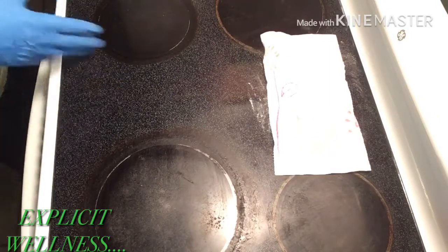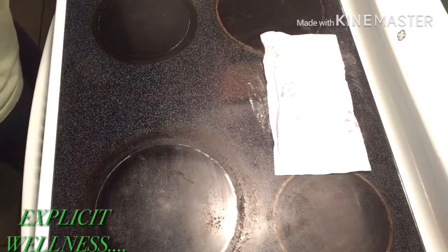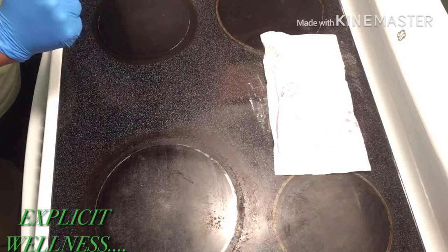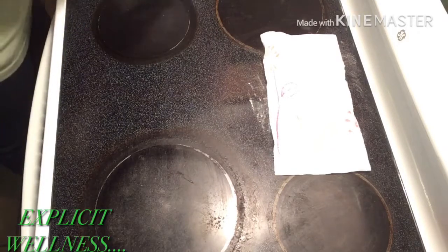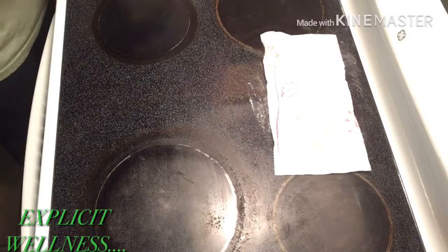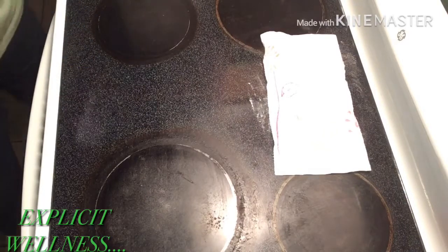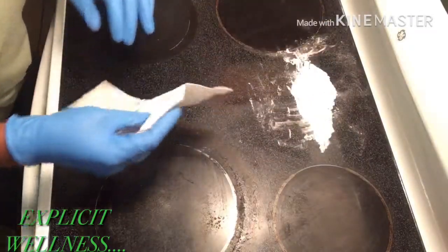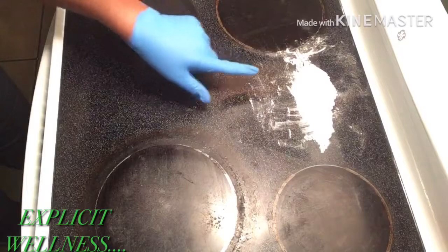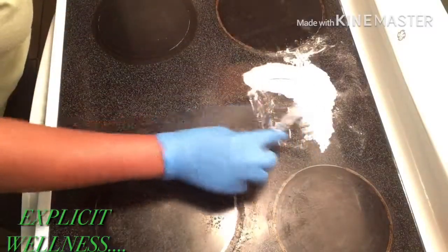So now let's spread the baking soda on it, because I had told you earlier that those were the ingredients. The ingredients are, again, baking soda, vinegar, and you will need a toothbrush and that bristle pad. So let's get started. I covered my baking soda up. I have already poured it on there, as you can see. So we're going to even it out